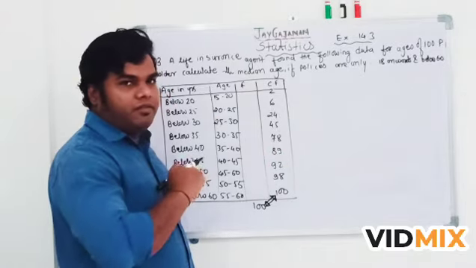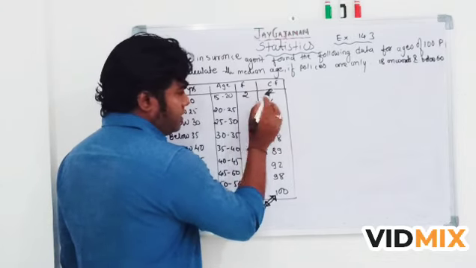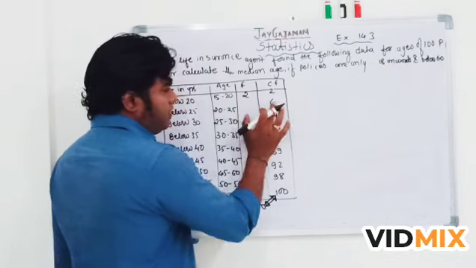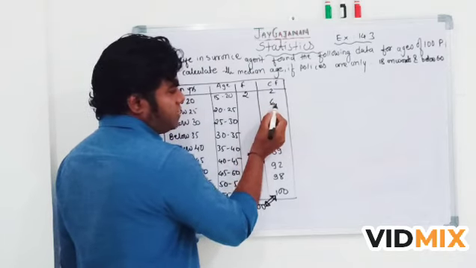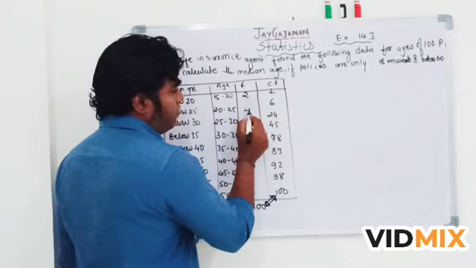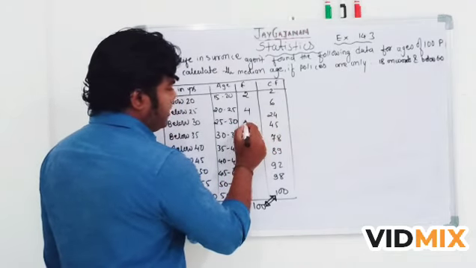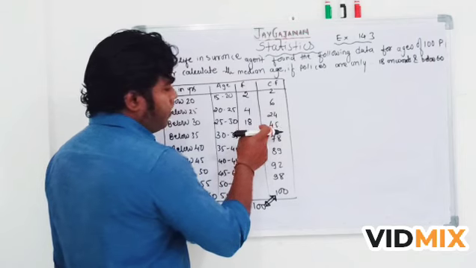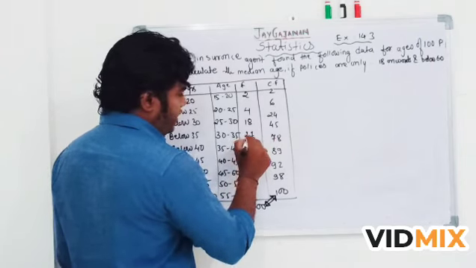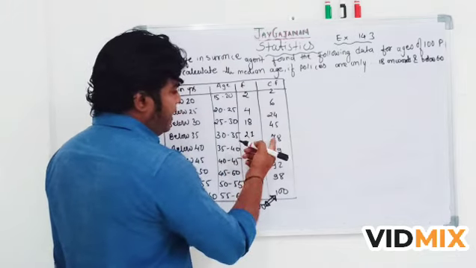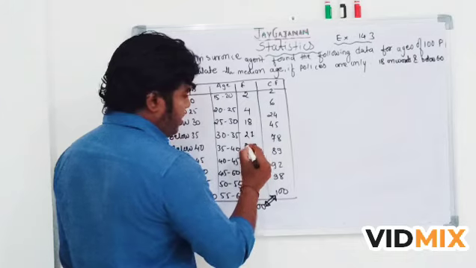In getting the frequency from cumulative frequency, we will write the cumulative frequency as it is: 2 as it is, and then from the bottom we are going to subtract the above term. 6 minus 2, that is 4. Then 24 minus 6, that is 18. Then 45 minus 24, that is 21. Then 78 minus 45, that will be